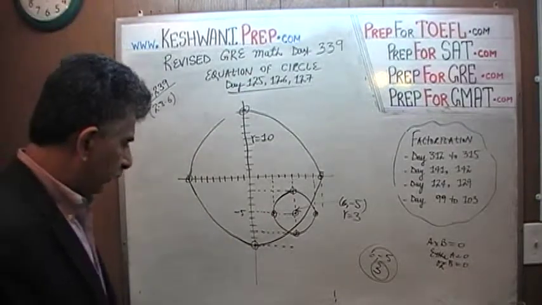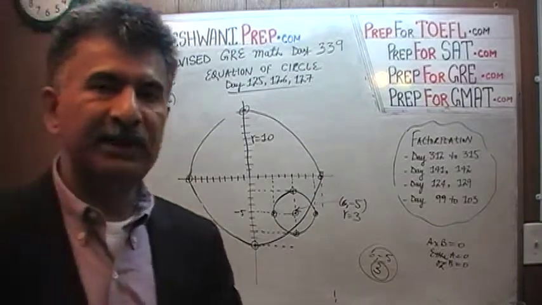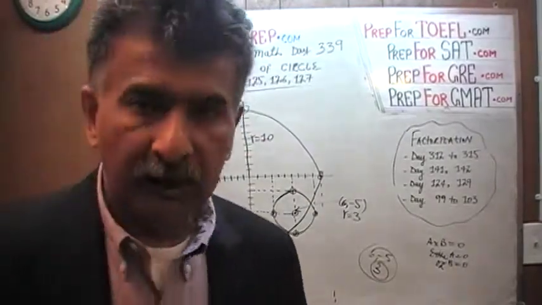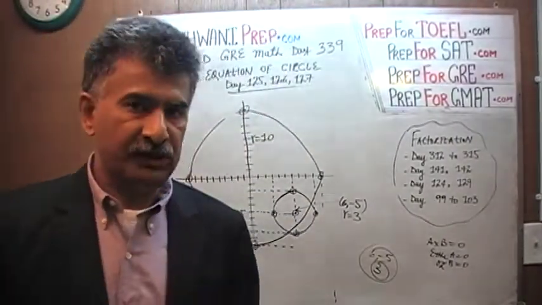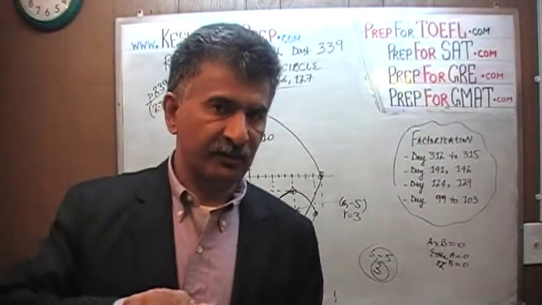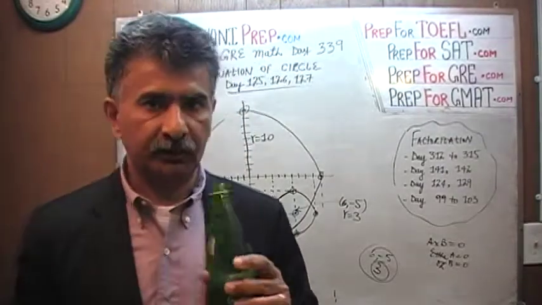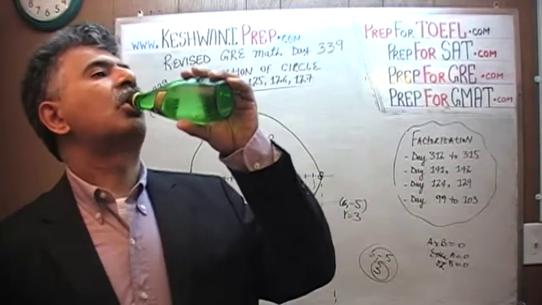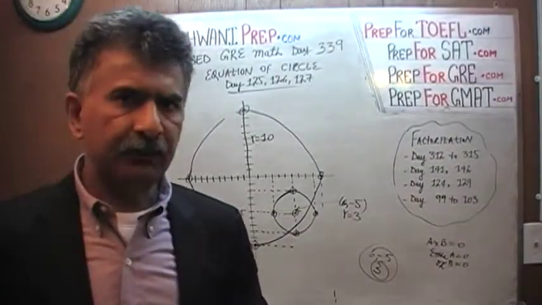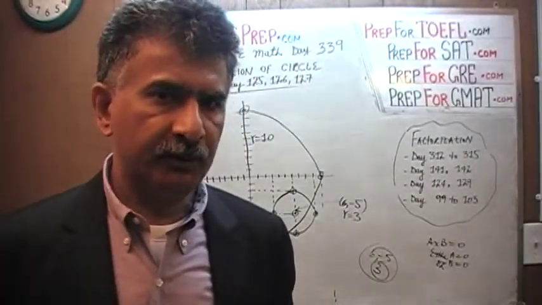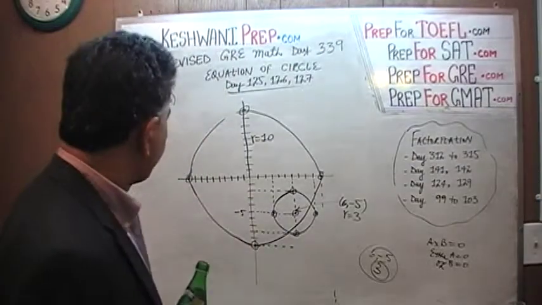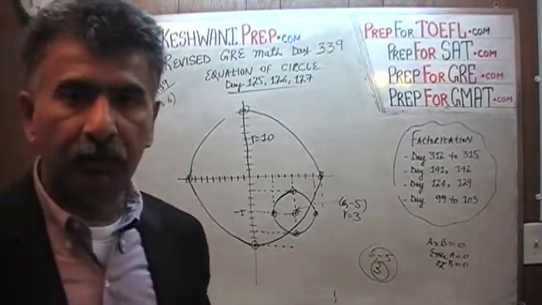The point here is that you have to know the basic fundamental things about these concepts. Any concept that you see here in the book, that's their way of saying that they expect you to know these things. In other words, if an equation of a circle is presented to you in the form that we wrote before,